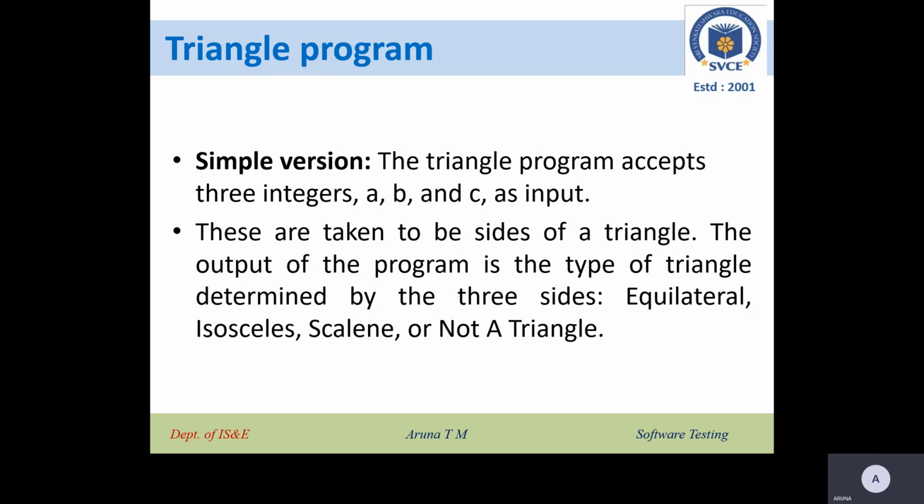If you can form a triangle, then tell me the type of the triangle, whether it is an isosceles triangle, an equilateral triangle or a scalene triangle, or you cannot form a triangle at all. You have to specify the type of the triangle based on the input. This is the problem statement.